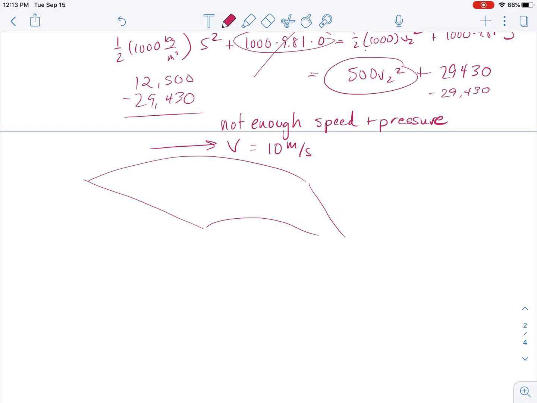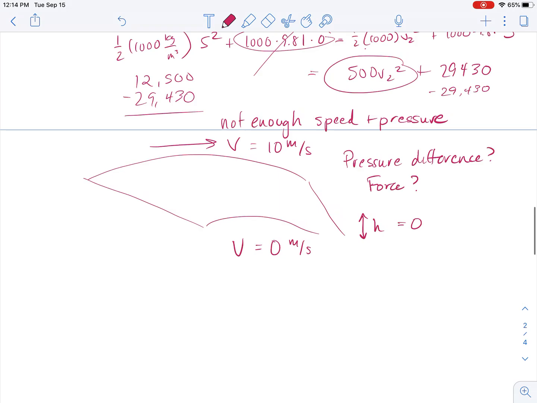So first of all, let's assume that the air underneath the paper is not moving at all. And again, what we want to find is the pressure difference, and then what's the force? Now a piece of paper is really thin, so the height difference here is going to be 0. So when I look at Bernoulli's formula,